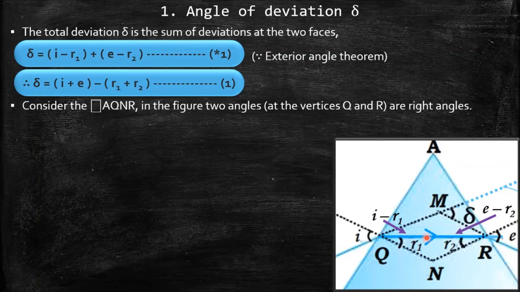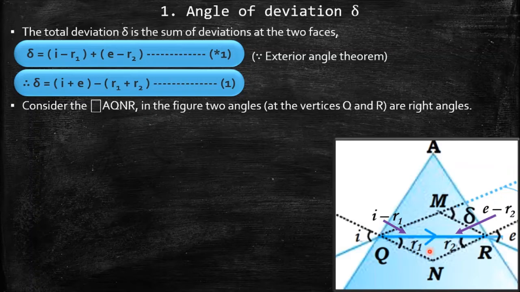Well, what do you see in this quadrilateral? Certainly that angle AQN and angle ARN, both of them are right angles. Why? Well, obviously because these two are the normals that have been drawn to both these sides, right? So if this angle is going to be 90, this angle is also 90, correct? Which gives you the fact that angle Q and obviously angle R, because this is also normal, are going to be 90.